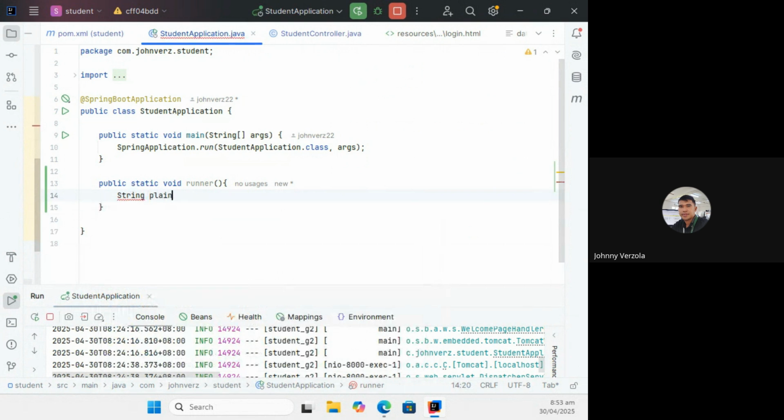Like I want to display a dummy password, so I'm going to do it like this: string plain password. Let's name it secret. Yan yung password ko sa Facebook. And then string hash or encrypted. Hash is just another term for encrypted.